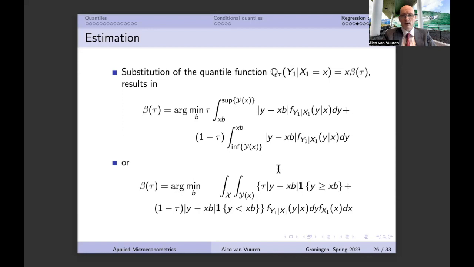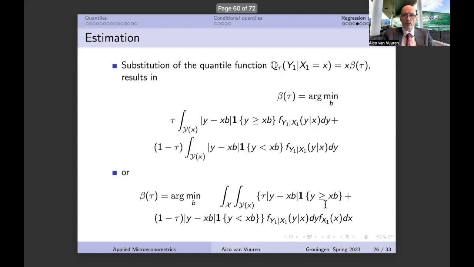Well, the next thing that I can do is rewrite this a little bit. Here we have the conditional density multiplied by the marginal. Well, that's actually also equal to